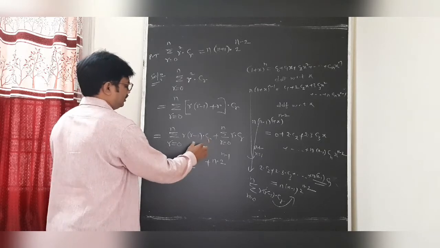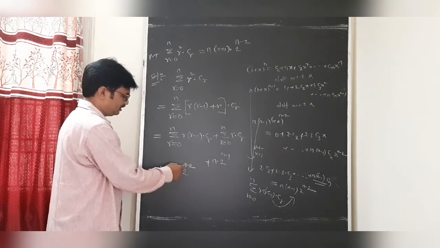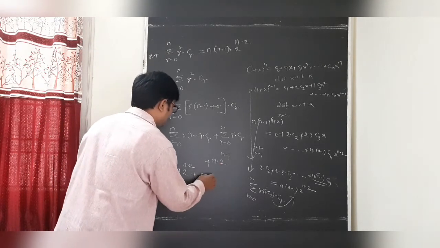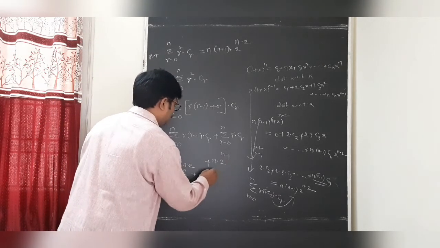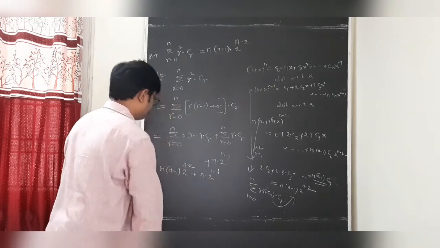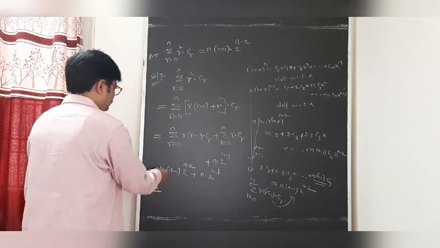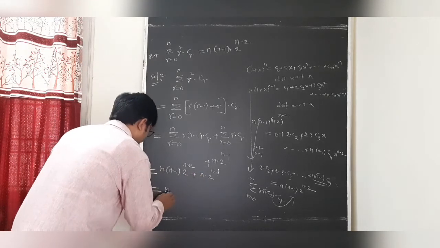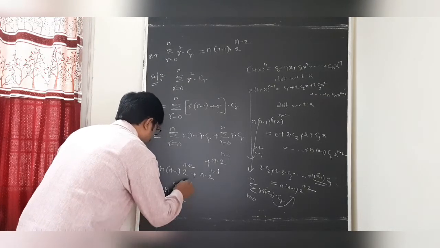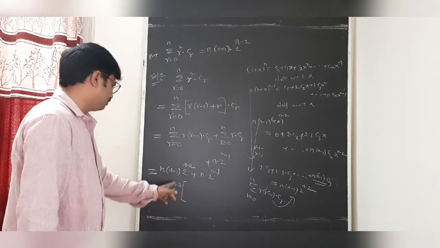This is what? When you are taking two times of derivative, undoubtedly that is n into n minus 1 into 2 power n minus 2. So dear student, this is what? n into 2 power n minus 1. Now taking, students, what is the common? n into, what is the common, students? n is there, here also n is there. So here the least one is 2 power n minus 2. So students, we are taking the common as n into 2 power n minus 2.